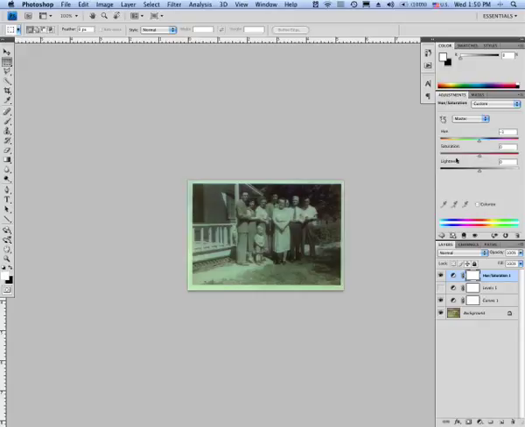The other thing we can adjust with this is saturation, and saturation is just the purity of the color. So if I drop this all the way, I desaturate the image, which means turning it into a grayscale, black and white photo. If I crank it up, then we get the electric Kool-Aid acid test. But it's a nice slider to play with there. And then lightness just gives you a real rough, dark to light slider. Not the best thing in the world to adjust. It's not nearly as fine as curves or levels, but it's useful for what I'm going to show